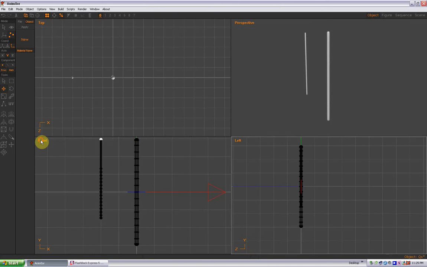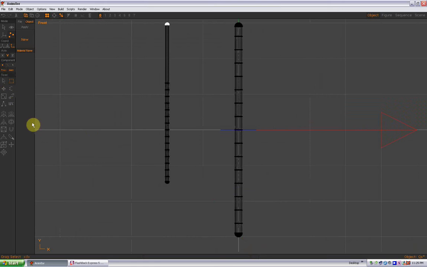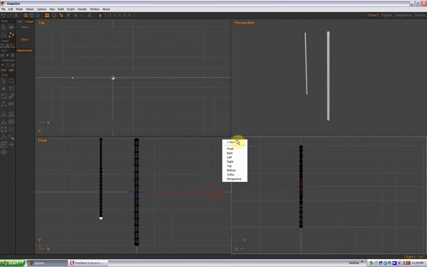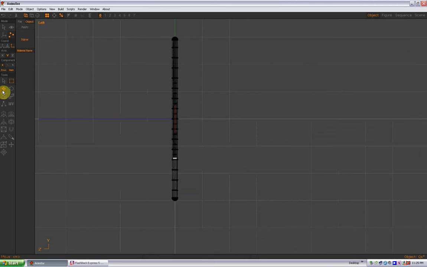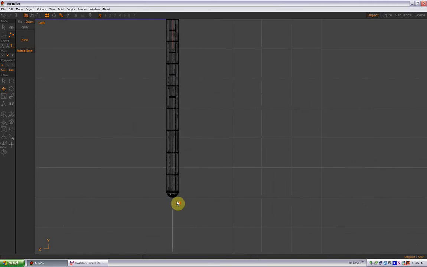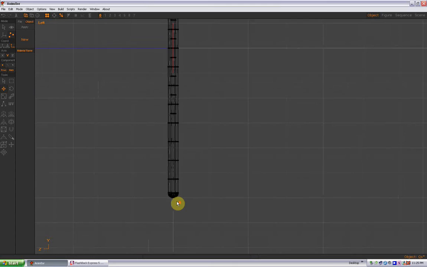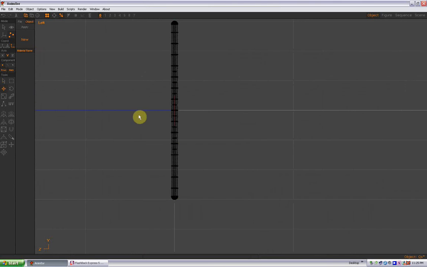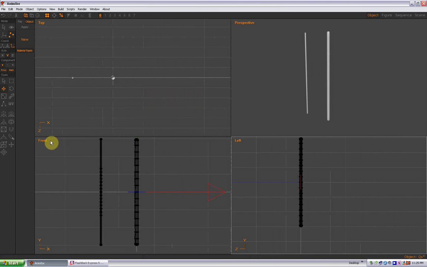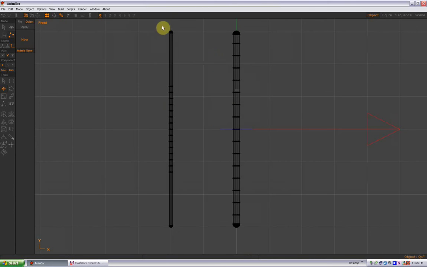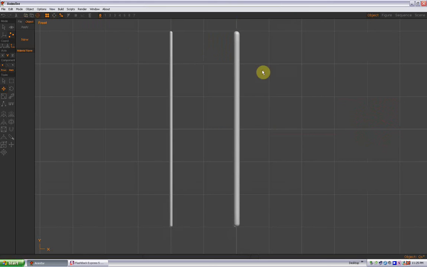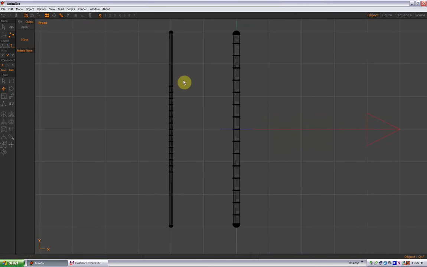Back to the front view and grab the selection tool again, the drag select, and we're going to grab the bottom points this time. Go back to View All, go to the left view, one view, move tool, hold down Shift, and then we're going to drag that one down as well. Make sure we're there, and then we can unselect that. And now what we've got here, as you can see, is that they're both the correct length,